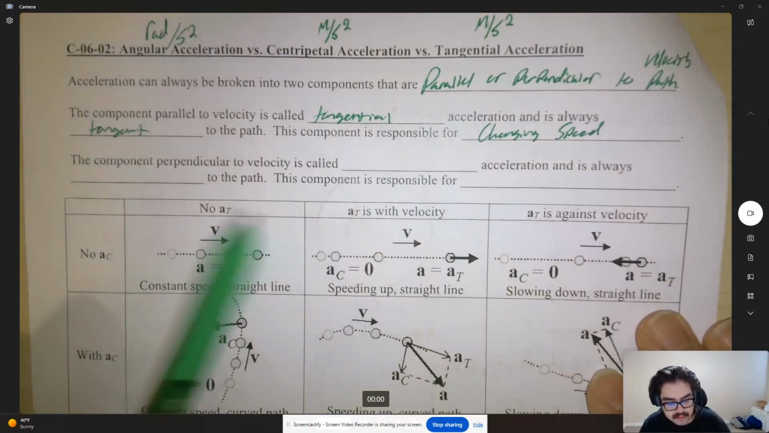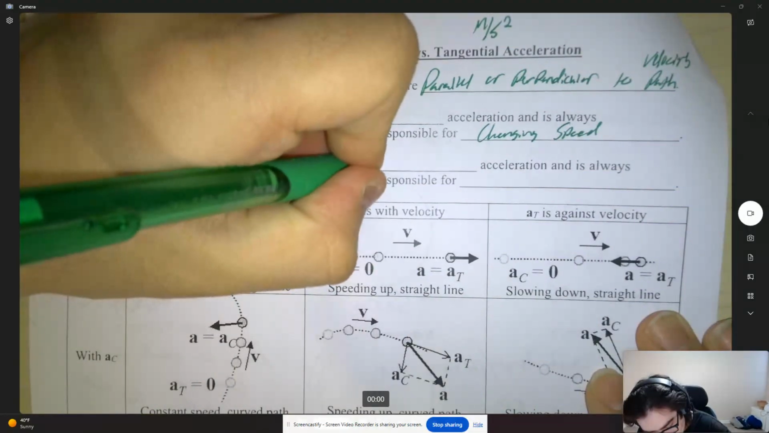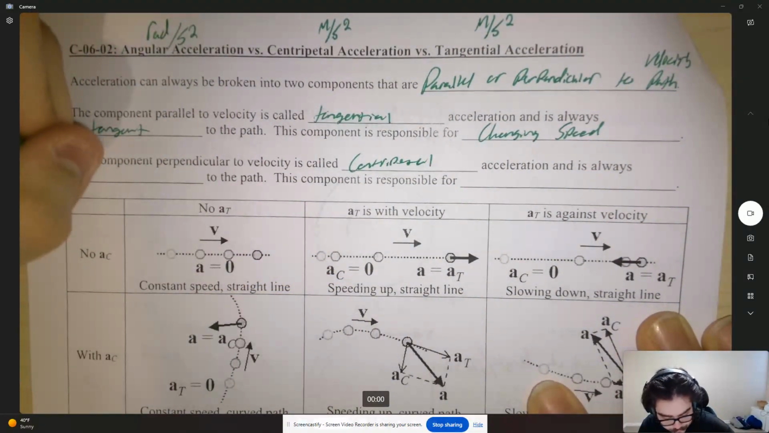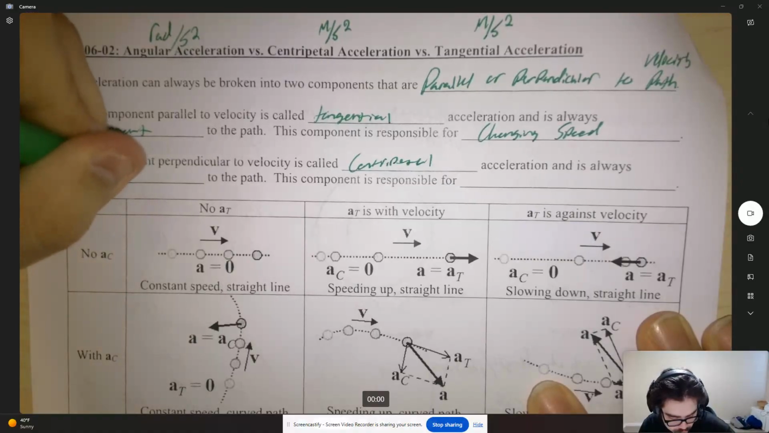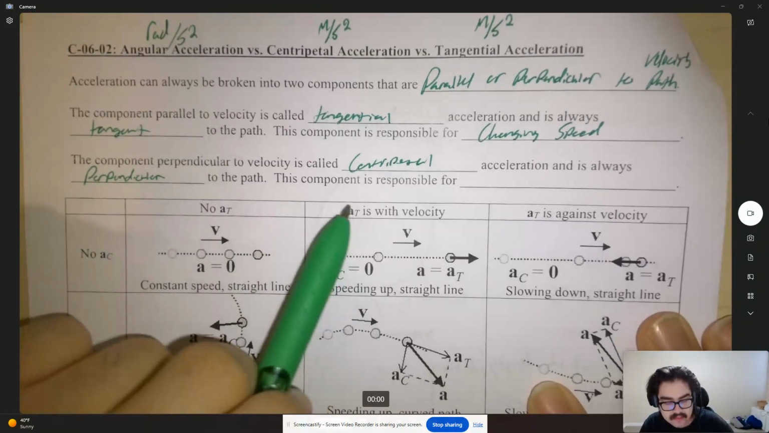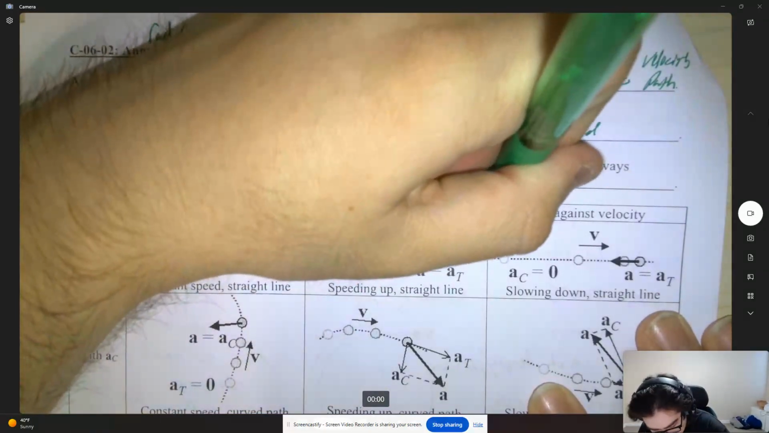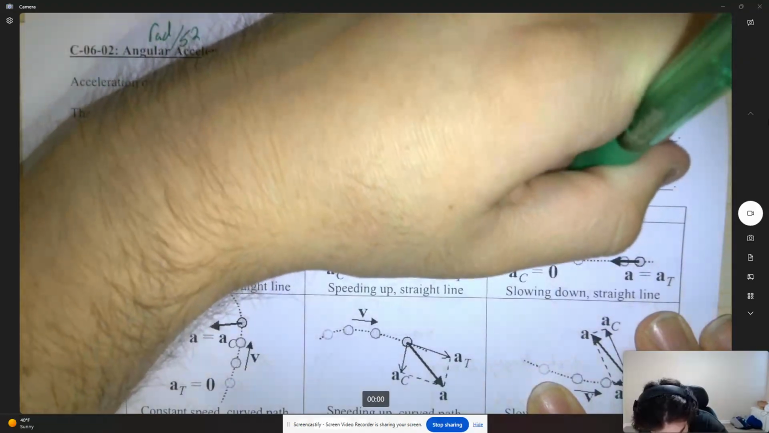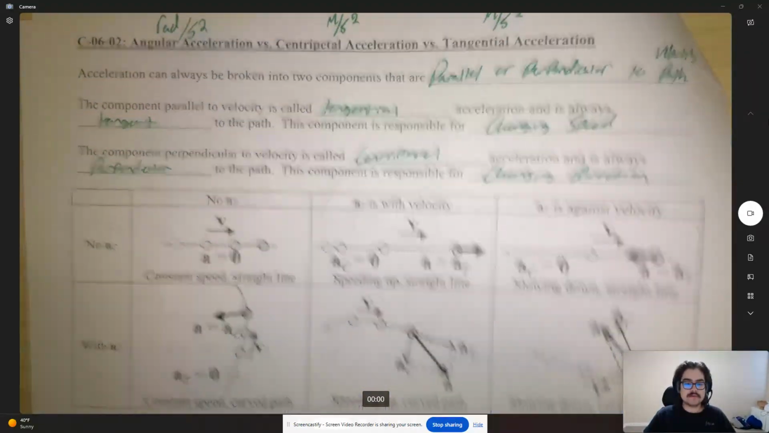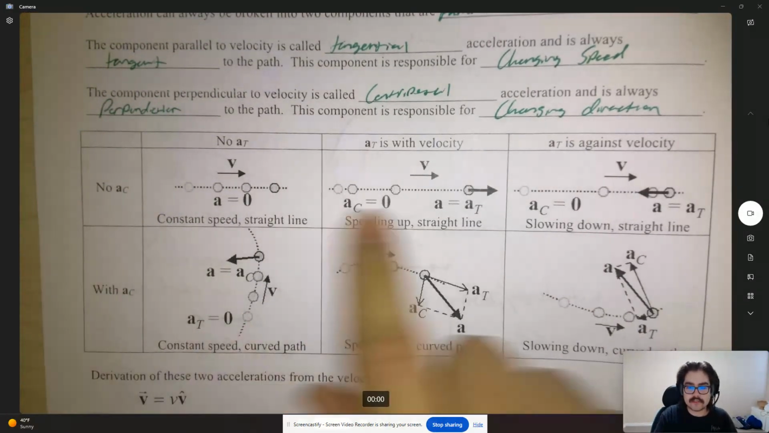The component perpendicular to the velocity is called centripetal. Okay, and is always perpendicular to the path. Okay, this component is responsible for changing direction. Okay, so just to show you, right, if you have no centripetal acceleration, you shouldn't be turning,